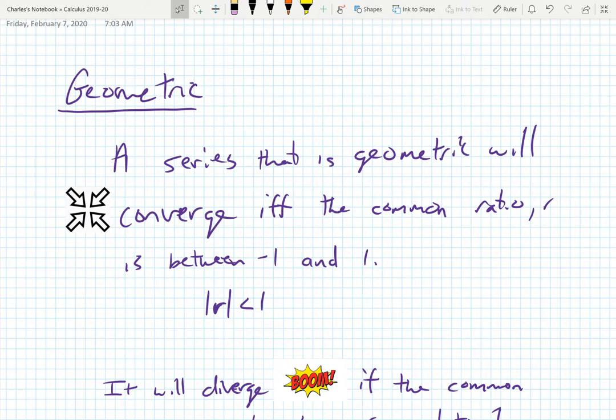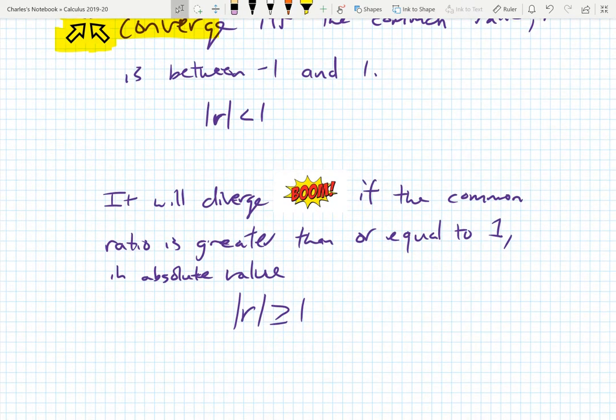A lot of the questions we're asking is a binary question. Does this series converge or does it diverge? If it converges, that means that it adds up to a finite amount. If it diverges, it means that it does not. Okay, so I used these symbols last year. Anytime something converged, I gave it this symbol, although that one isn't as much fun. When something diverges, then we yelled boom because it blows up in your face